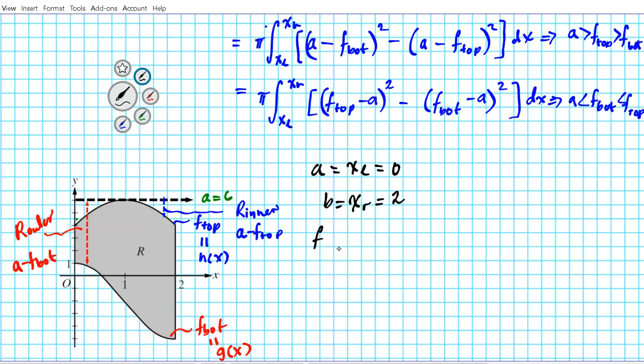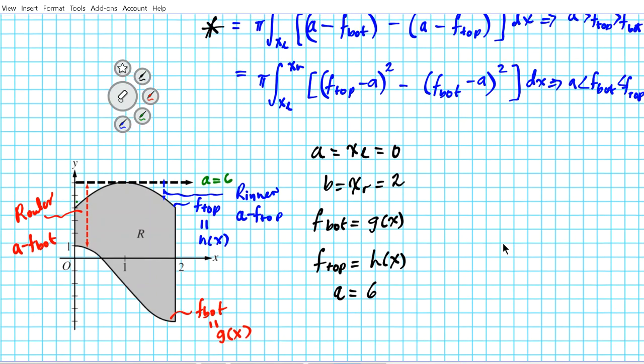f bottom is g of x, and then f top is h of x. These were determined in part A, and then our axis of rotation is above both of them, which is 6. So we're going to use this formula right here, bam, because the axis is above f top and f bottom. So our volume is going to be given by the equation V equals, don't forget your pi,